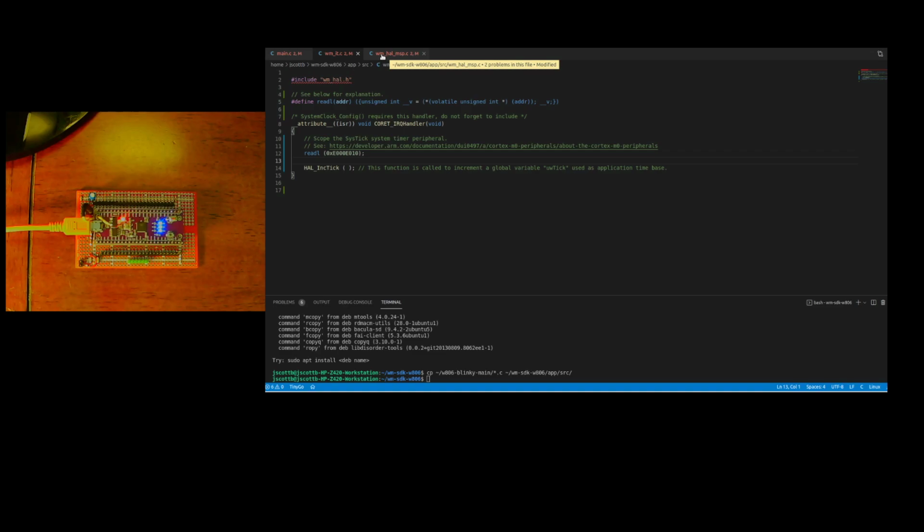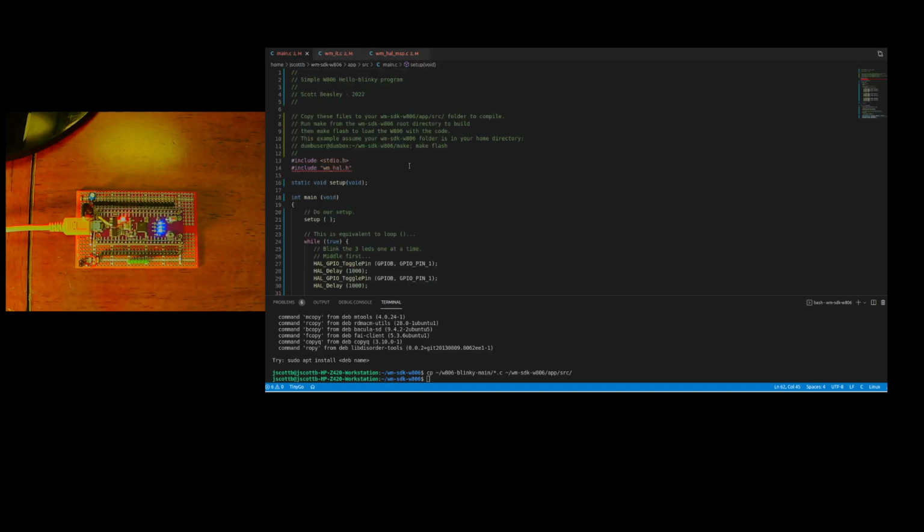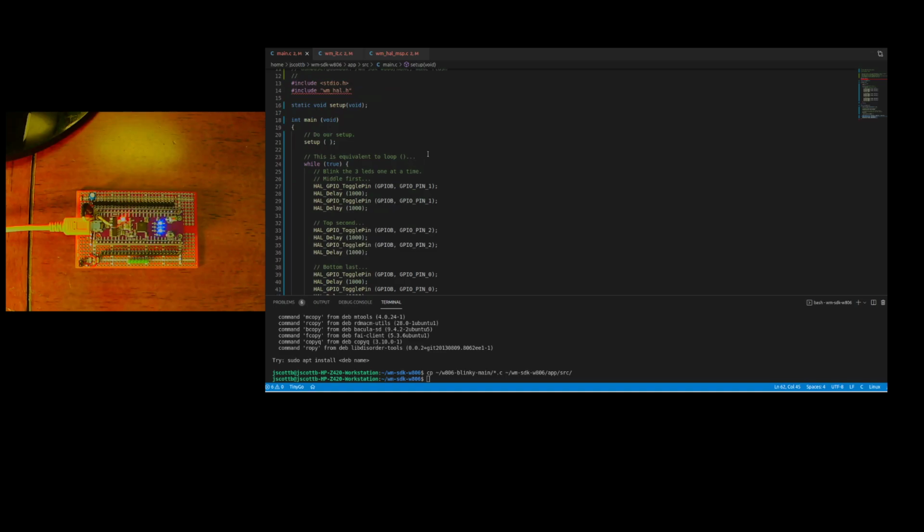Now for the HAL MSP, we are not doing anything for this. This is the MSP, the microcontroller unit support packages, and we're not using any other packages here, so we don't need to initialize anything here. So I'll leave it blank, and we'll go back to our main, and this is the meat and